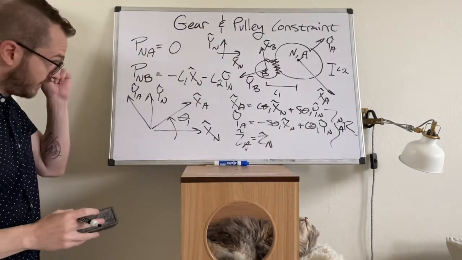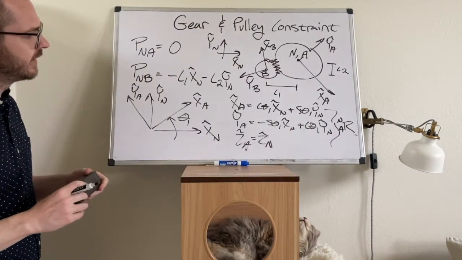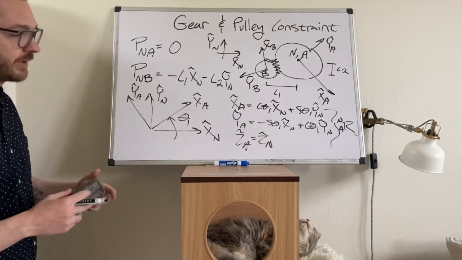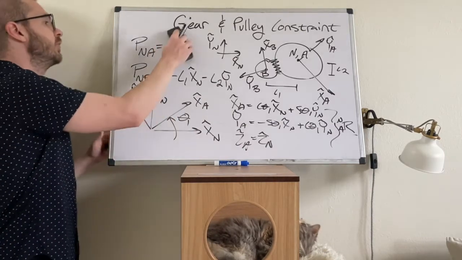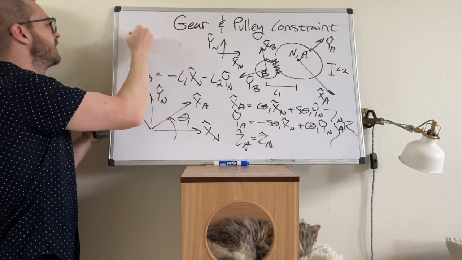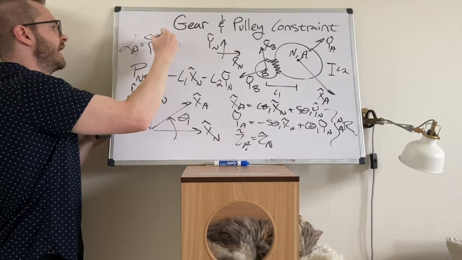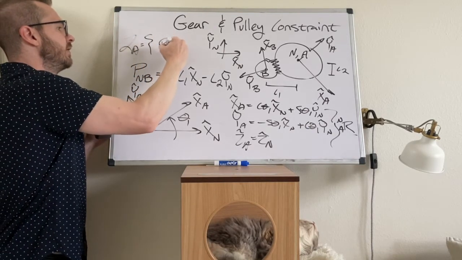So this is our rotation from N to A. Okay, so that would take care of the location description for A. You can just write it up here. Here's our location description for A, so P and A,